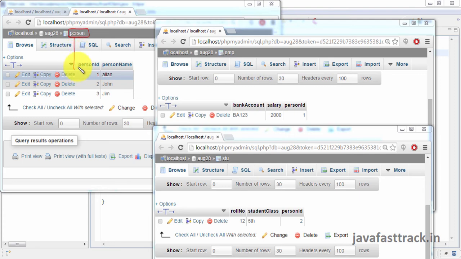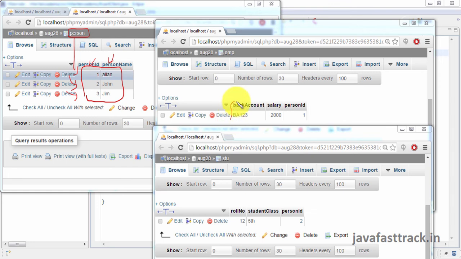So person ID 1, person ID 2, person ID 3. The common data, person ID and person name, they are common fields. That is inserted into the person table. Person name field is not repeated again. Every person has a name. Employee also has a name. Student also has a name, but that is not repeated in the child tables.